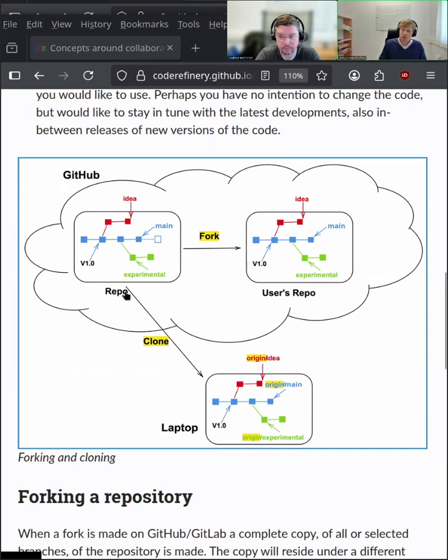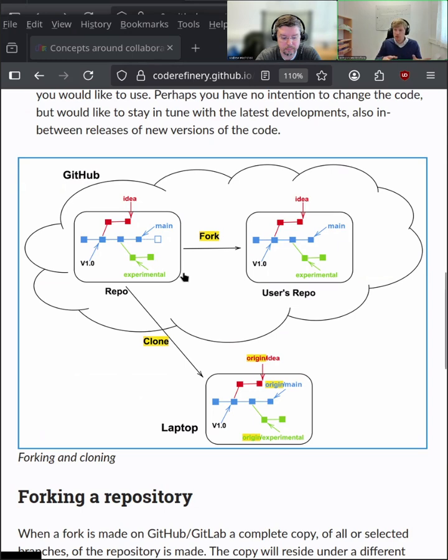What you're already familiar with is cloning, so that means that you copy the whole repository as one piece to your laptop or your workstation, wherever you work locally. So you can see there's then a copy, which changes here the names of the branches, but otherwise it stays exactly the same. And then there's a second option, which we will work on in the third exercise today, and that's forking. Forking means that we copy the repository inside of GitHub.